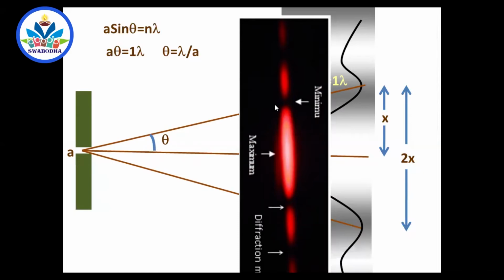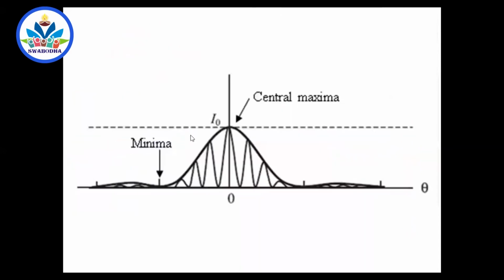So if you put that, x equal to D, capital D, that's what we write, capital D for the distance between the screen and the slit. So x equal to D theta. You substitute for theta, x equal to lambda D by A. So that is the linear width. And if you want the full linear width, 2x, you can do 2 lambda D by A. So this part is very important. And so this is how we explain graphically.